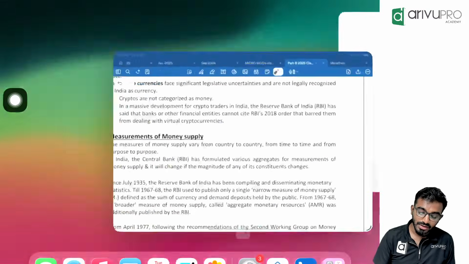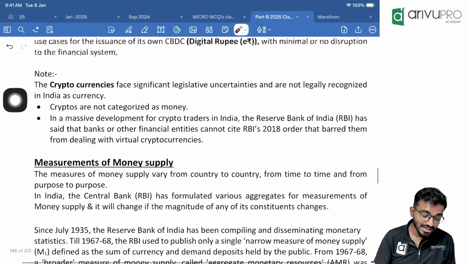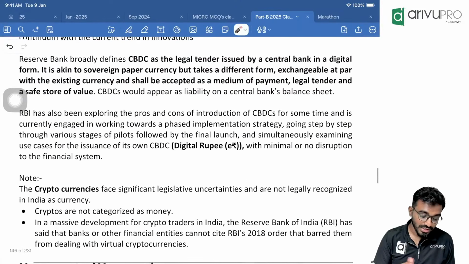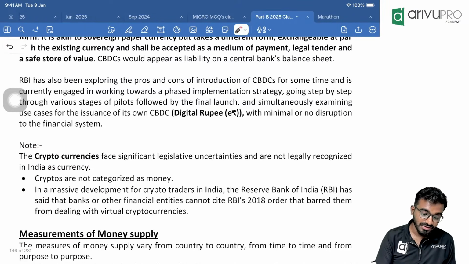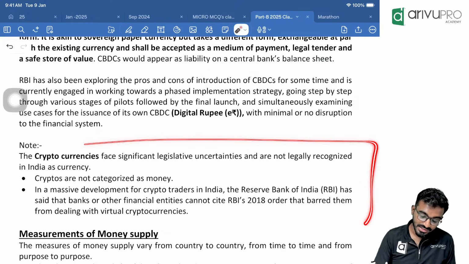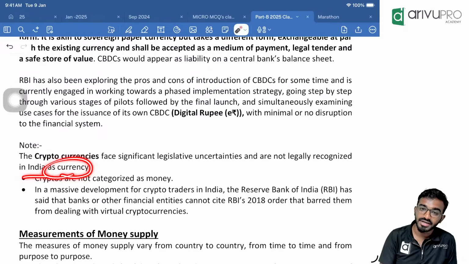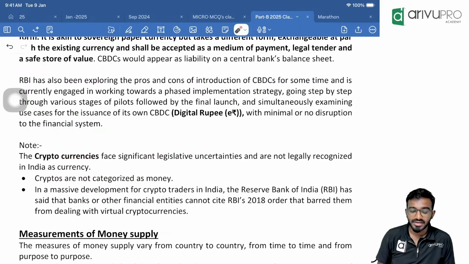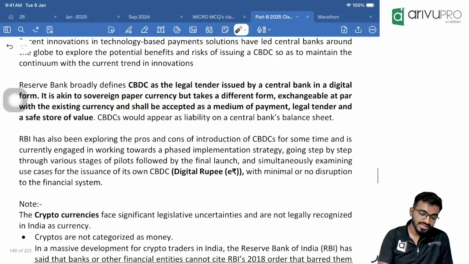And in India, remember, cryptocurrency is not a legal tender. That is not legally recognized as currency in India. So that is coming under the asset classification. RBI has barred anyone from virtually dealing with cryptocurrencies in India. Crypto is not legally recognized as money. It has more uncertainty. It is an asset classification, like how we hold gold, silver, building, car, like that. So that is related to CBDC and crypto.